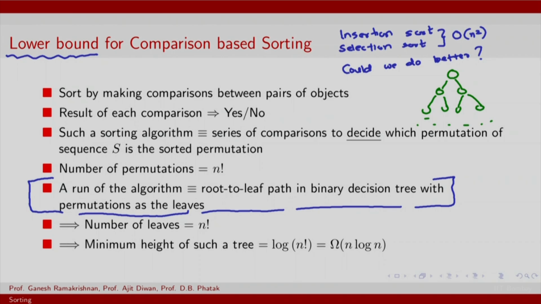This is all for a given array. And each of the runs of these algorithms would correspond to a path in this decision tree. So this might be the path of insertion sort,